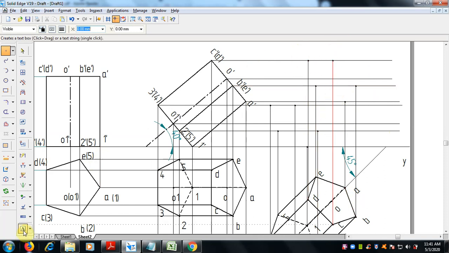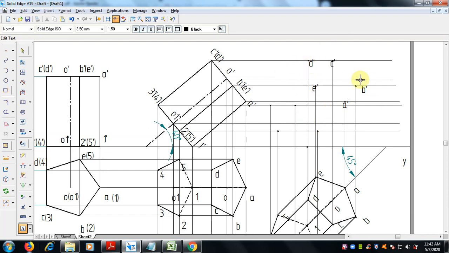So mention A dash. Naming is very important so that we will avoid mistakes. C dash, D dash, D dash and E dash.